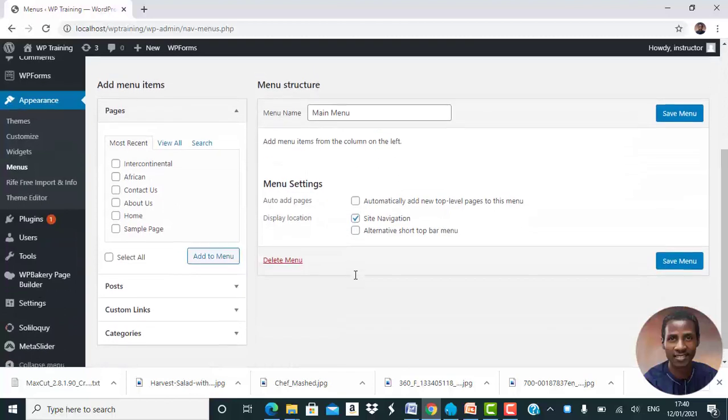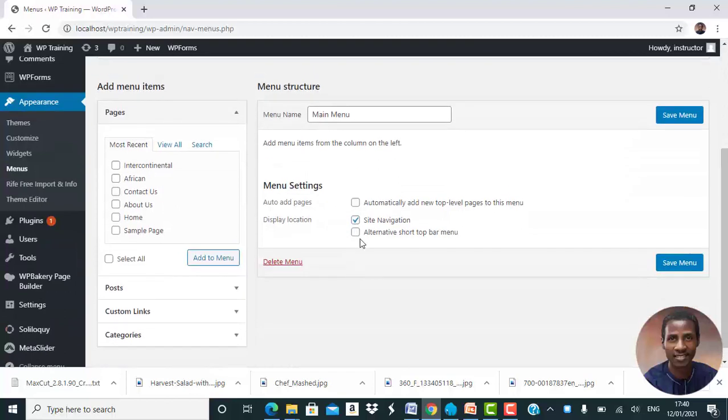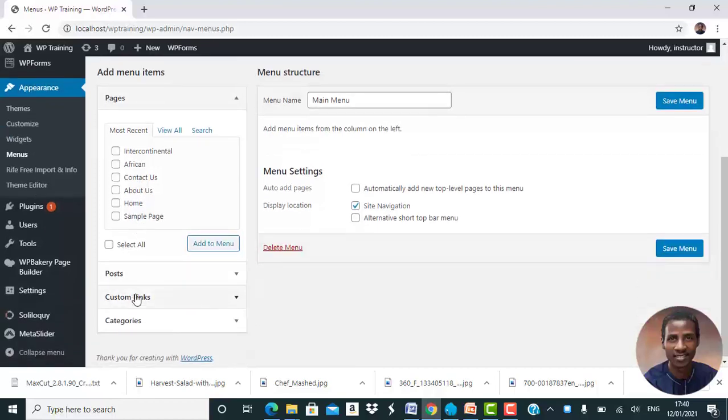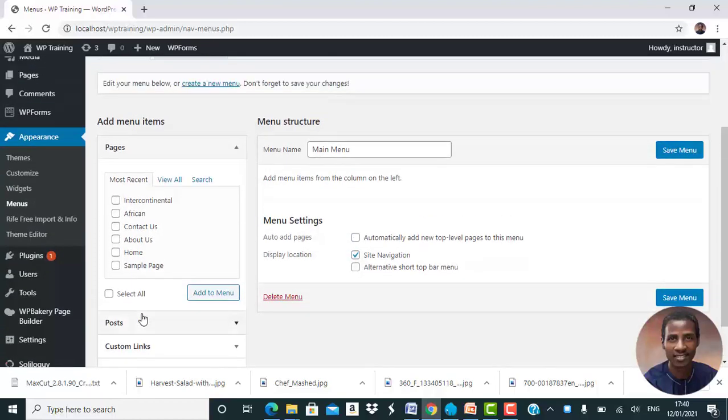So we want to have our home page, our contact us, all the pages we have created. We want to have it on the menu. If you look to the side here, you can see different options. What do you want to add to the menu? You want to add pages, you want to add posts, you want to add custom links or categories. So what we want to add now are those pages that we have created. So let's select home, add to menu,